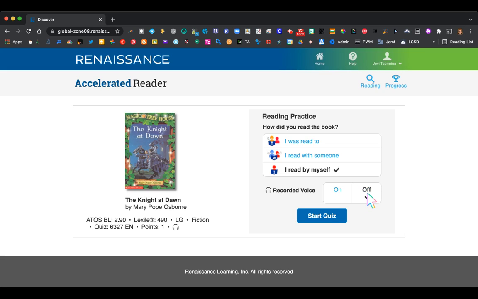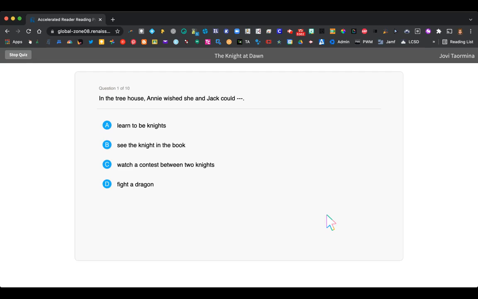So, let's say that I want this off because I'm going to read the questions in my head to myself, and I would click Start Quiz. And then the student would simply move through the questions. As you can see, it has 10 questions. And so they would select their answer and then progress to the next screen until they've completed all of the